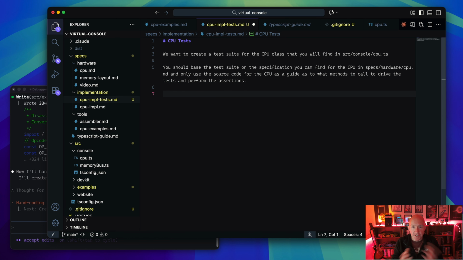So try and steer it towards the guide. If I just said test this, it's going to read the code and create tests for what's been coded,